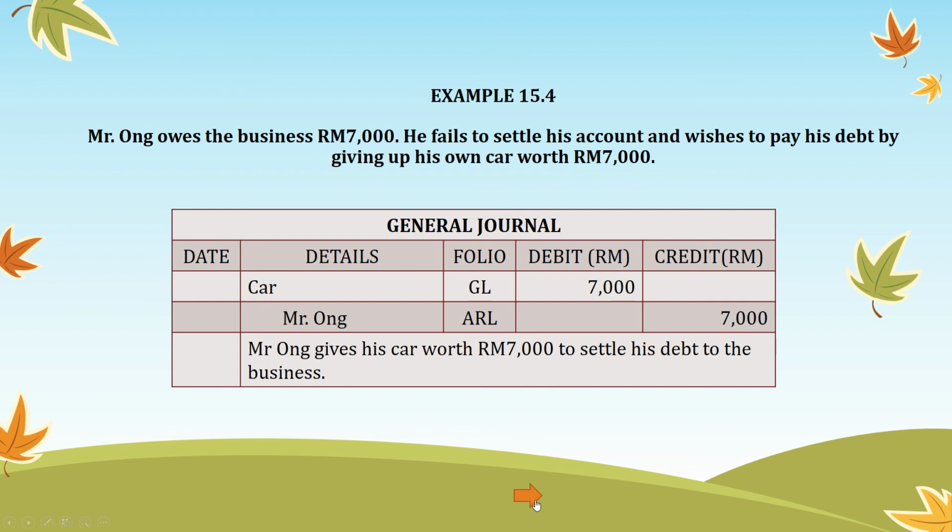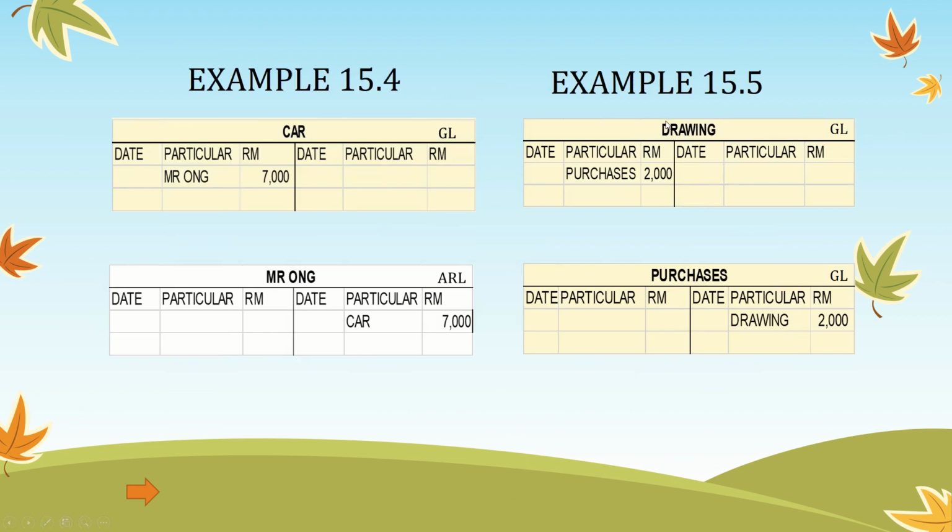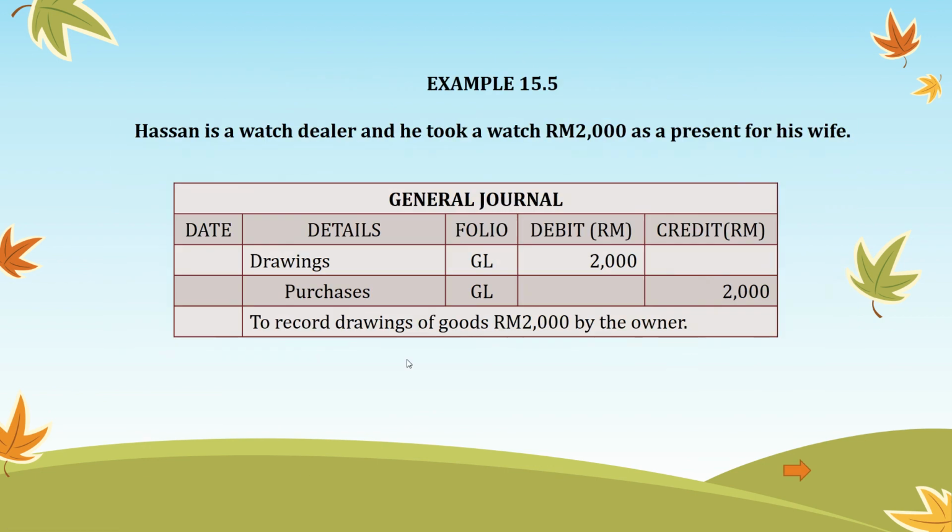So there are two types of ledger. One is general ledger for car, and then the account receivable ledger for Mr. Ong. Car debit 7,000 ringgit, Mr. Ong credit 7,000 ringgit. And the last example for general journal is example 15.5, where Hassan is a watch dealer